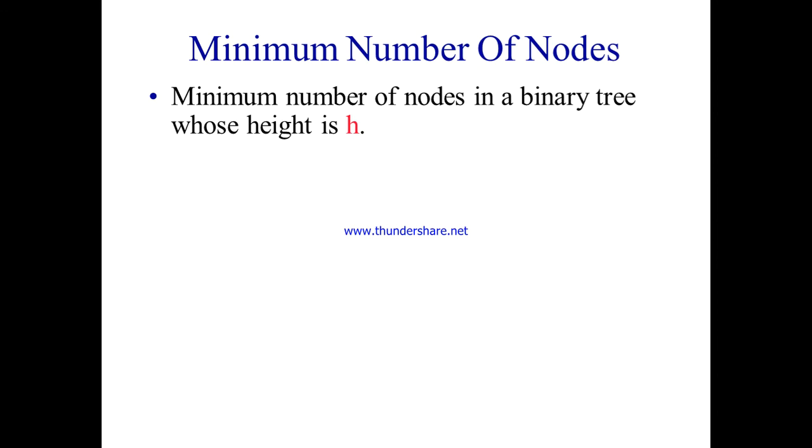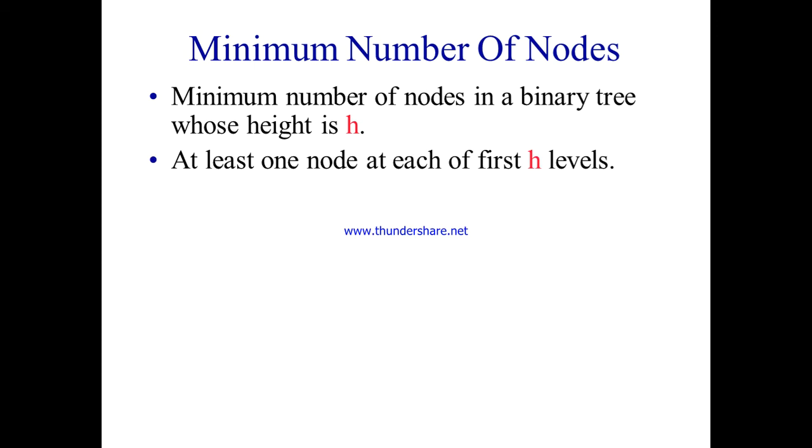If I am taking one child at each level, I will have the height like this. You can see the first level, second level, third level and fourth level. So 4 levels, and one node at each level gives 4 nodes. Whatever the height I am mentioning, that many minimum nodes will be there in the binary tree. A binary tree will have either 0 or 1 or 2 children, and if the tree has to proceed, there should be a minimum of one child.